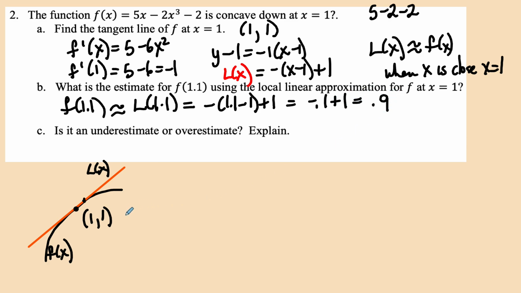All right, now, so my y value right here at 1.1, the value was 0.9. Now, since the tangent line is above the curve, because this is concave down, we say that 0.9 is an overestimate